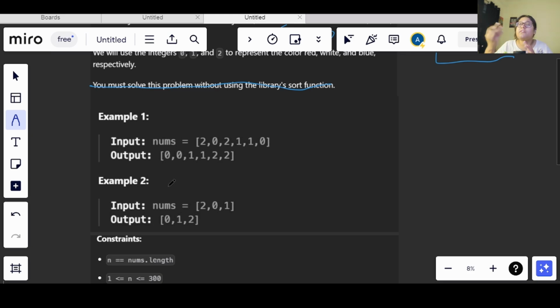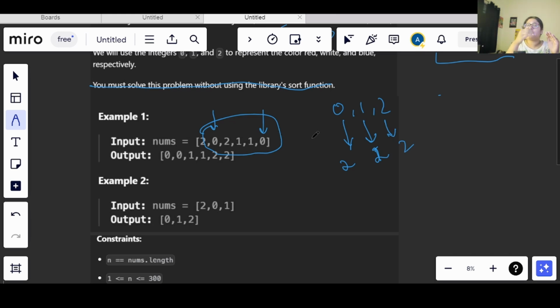So what if we count the number of 0s, 1s and 2s, right? Since I can have only 0, 1 and 2, let's say I have an array, this is only our array, let's say. Here if I count the number of zeros, what do I get? I will be getting 2 zeros, then I have 2 ones and 2 twos, right? So if I keep a count of them, and simply after keeping a count I can insert the values in my array again, we can do that, right?